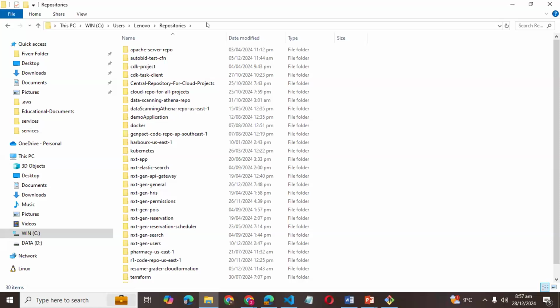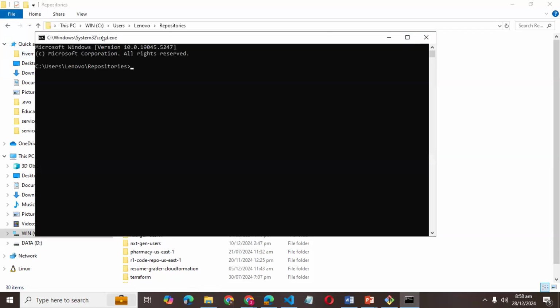So currently, what we have done so far is we just created the repository in GitHub, and now we are cloning it into my local machine. So you have to go to some folder in your local machine where you want to clone it. Just open this folder in command prompt. Currently I am in my C user Lenovo repository folder of my local machine, right? Now I want to